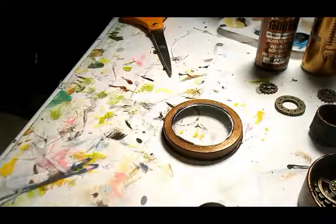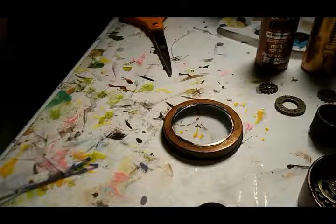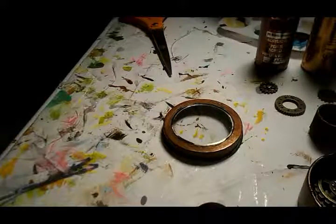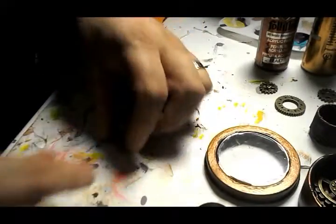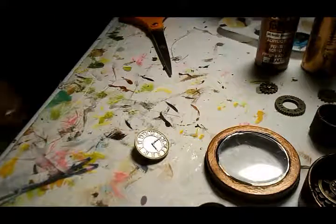Now, I'll go ahead and plug in my glue gun. Kind of give you an overview as to how we're doing this. This is going to be a weird looking little watch anyway, so let's look at it for a minute. Alright. We'll leave that, but we're going to go ahead and grab the